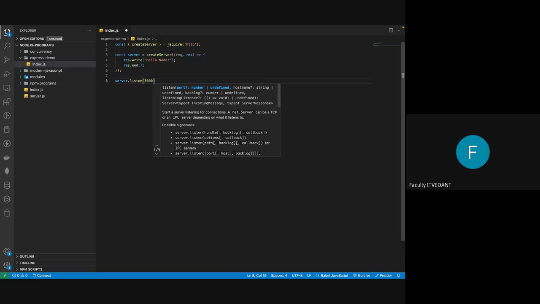are reserved, like 80 port is reserved for HTTP, 443 is reserved for SSL HTTPS, 21 is reserved for FTP. Then there is an SSH port. So there are a lot of ports reserved. But you can use any port in the range of after 10,000 or 3,000, 4,000, any port you